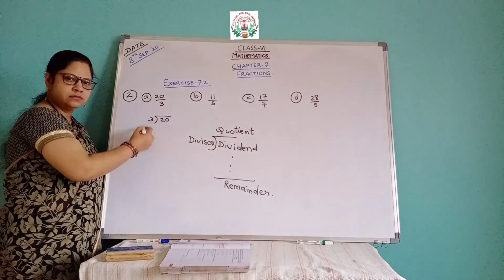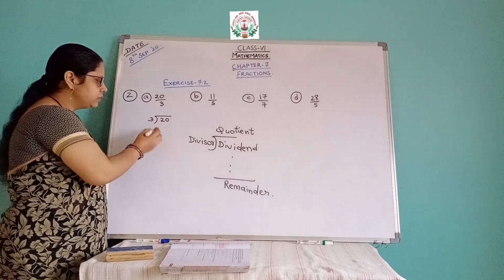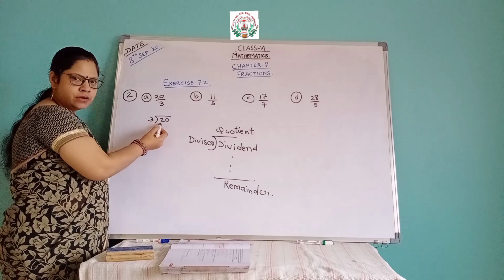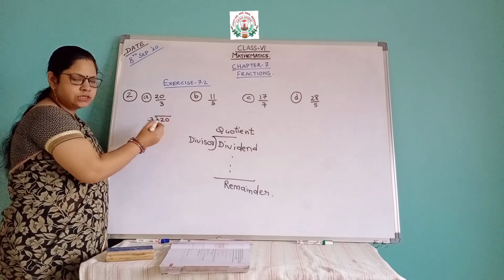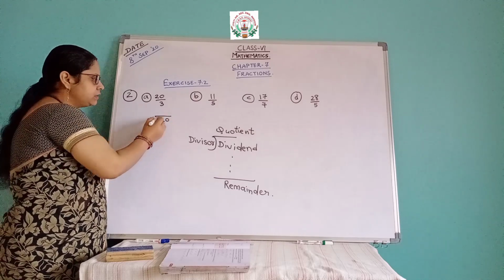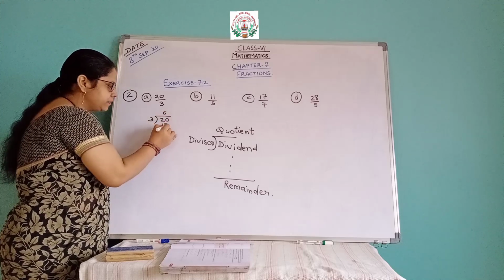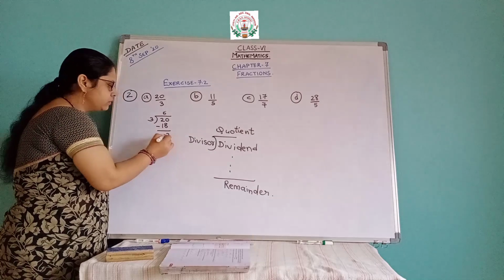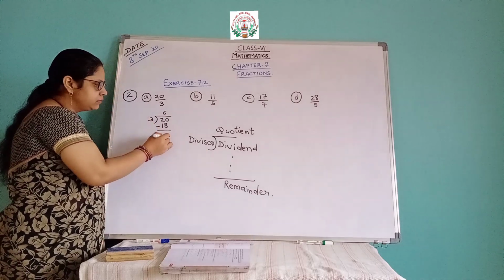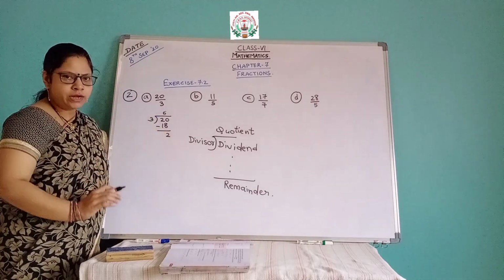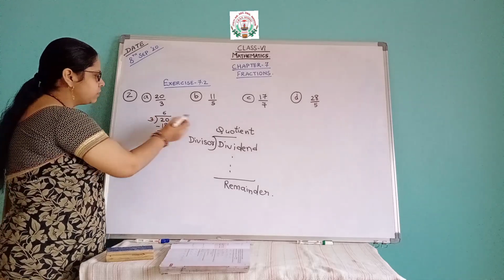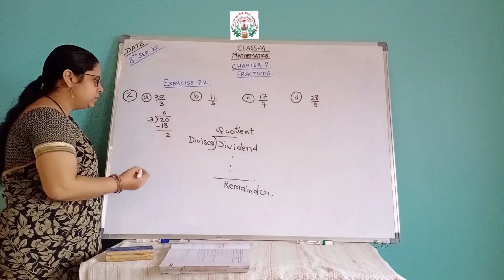Now let us see how this division will go on. First, with one digit, is it possible to divide? Not possible. So we are going to take both digits. 3 sixes are 18. Subtracted, remainder 2. Is it possible again? No. And we are not going to take it in decimal. Only this much we will need. Now the quotient is 6 and the remainder is 2.